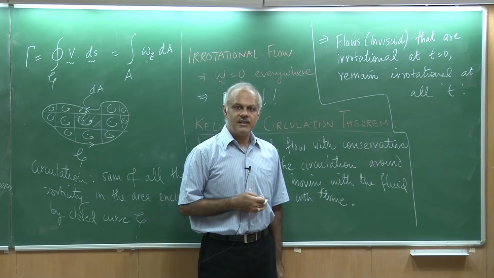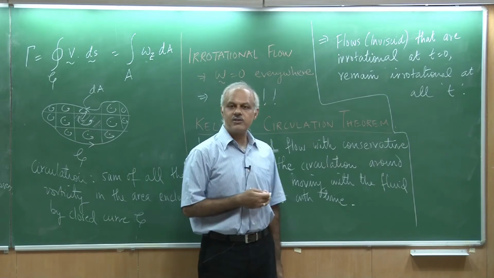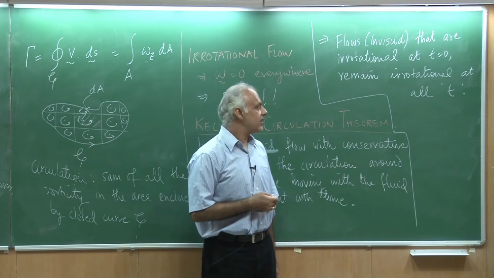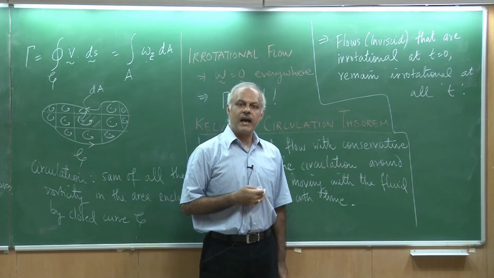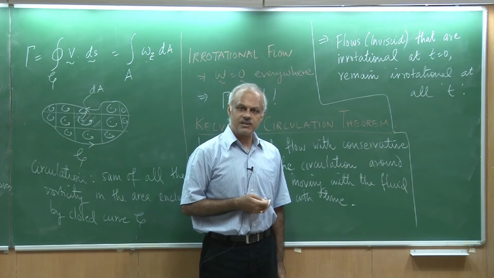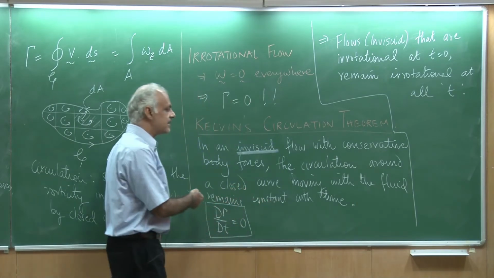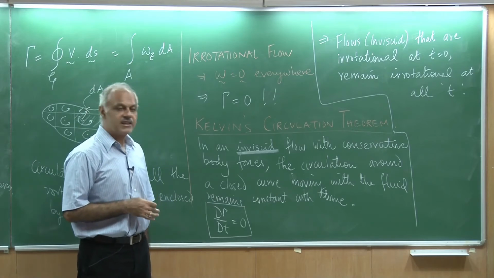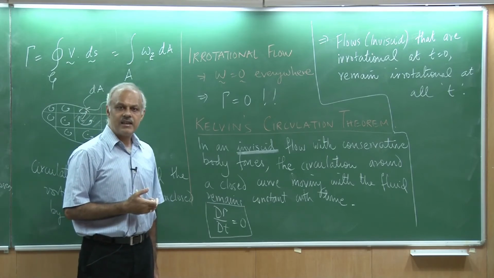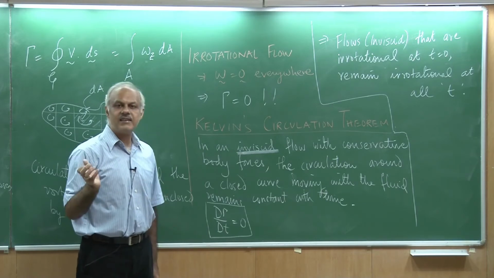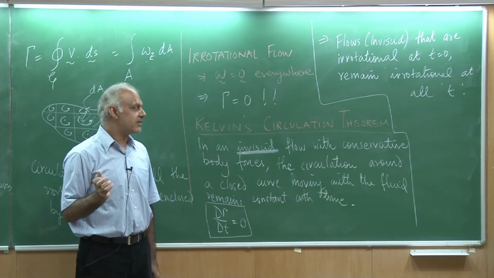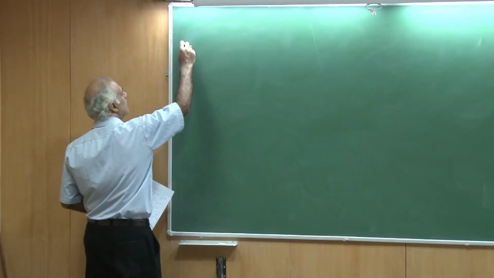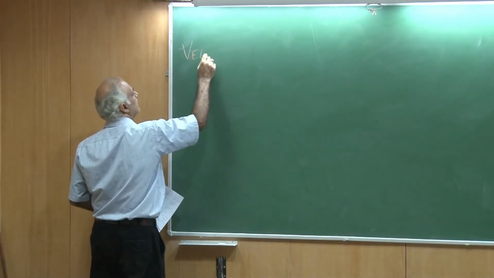And we have seen we should have, of course, omega is 0 at all locations, and we also saw it is synonymous with gamma equal to 0, the circulation being 0. And Kelvin's theorem tells us that it is enough to have irrotationality at one time instant, and you should then be able to generalize that it would be irrotational forever. Okay. So, we will now talk about a concept which is the velocity potential.